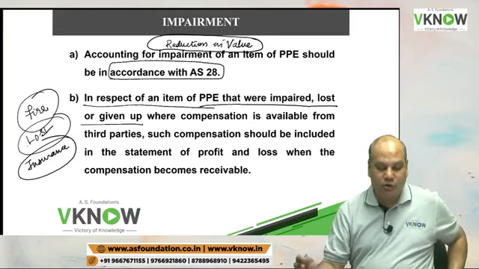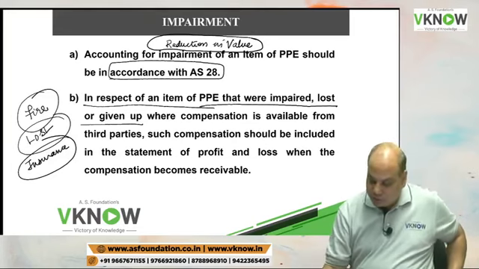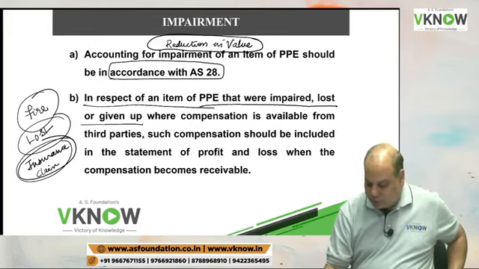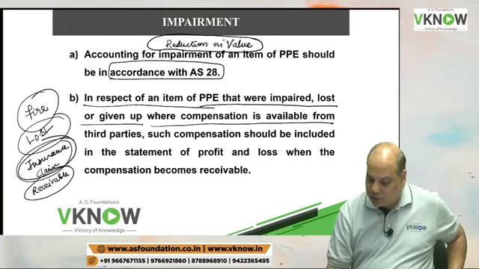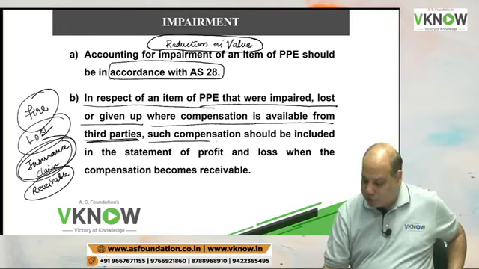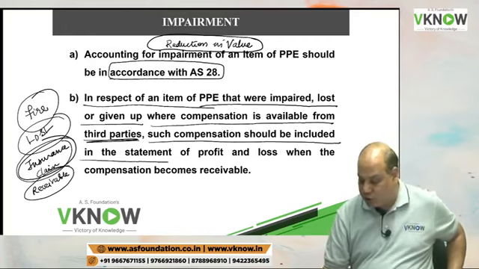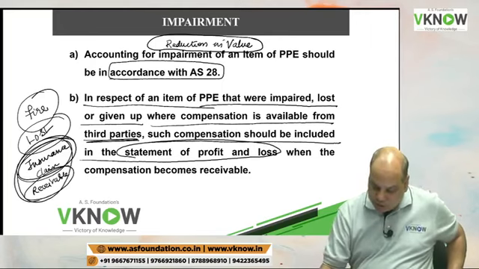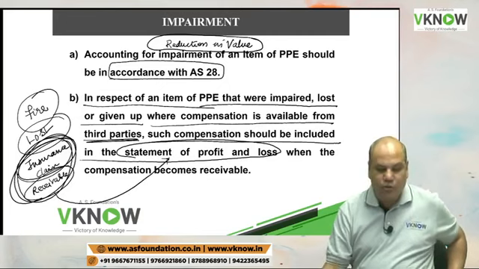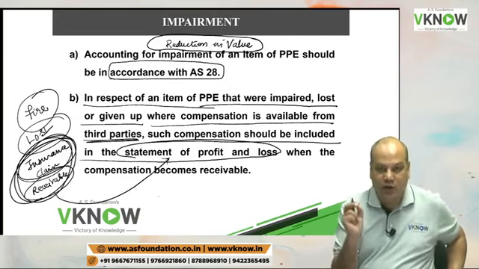Fire loss, you have taken insurance cover. What is the treatment of the insurance claim receivable? So the entry will be where compensation is available from a third party, such compensation should be included in the statement of P&L account. So insurance claim receivable will be credited to P&L account if the asset is damaged